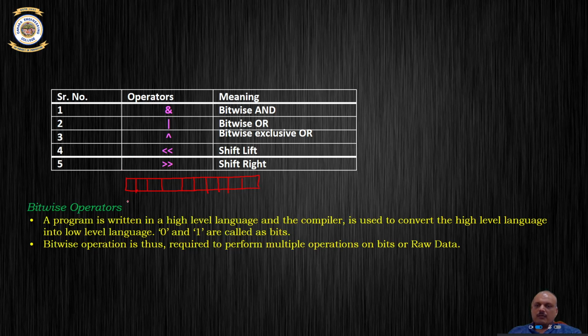So instead of operating on the information, say I have 8, then the value of 8 is 0 0 0 0 1 0 0 0. Instead of operating directly on the numerical value 8, you can operate on individual bits. These are called bitwise operators. C language supports 5 bitwise operators: bitwise AND, bitwise OR, bitwise exclusive OR, right shift and left shift. So you can shift this entire thing left by 1 bit, or right by 1 bit, or you can do a bitwise